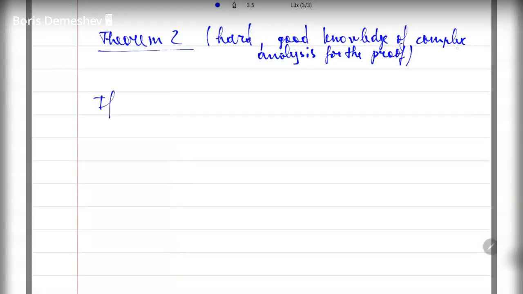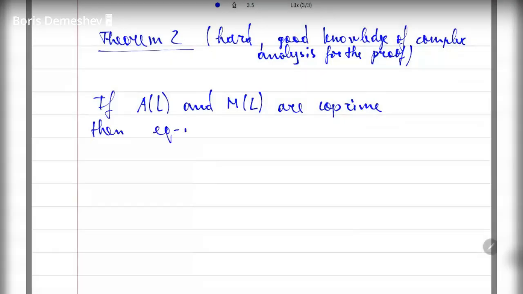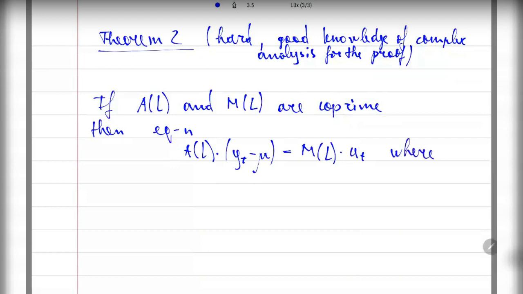It says if A of L and M of L are coprime, then the equation A of L times (yt minus mu) equal to M of L times ut, where ut is a white noise,